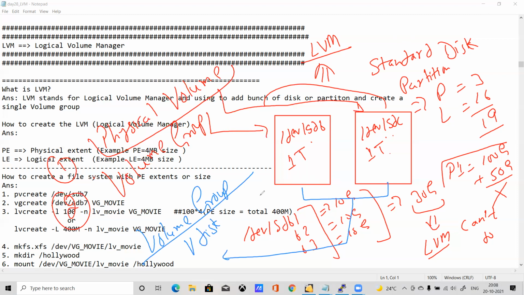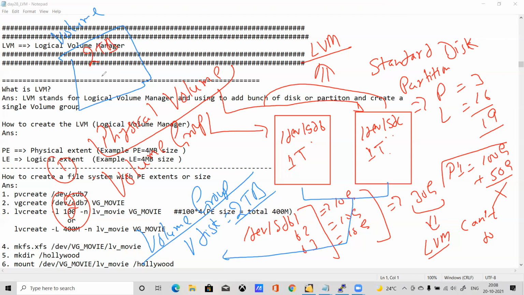So you have a virtual disk, and the size of the virtual disk is 2 terabytes. Suppose this is your volume group, and its size is 2 TB.